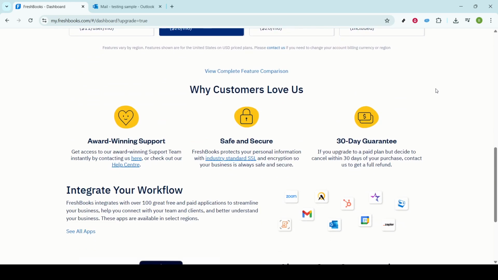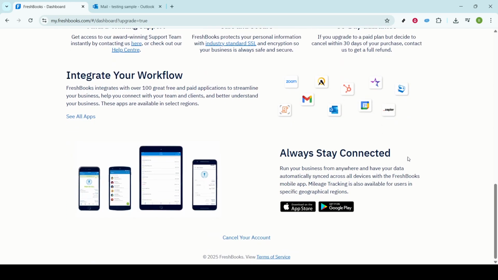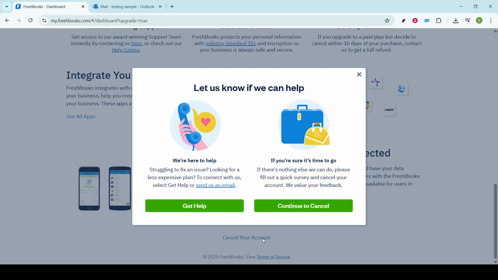It's important to note that this option is deliberately placed here to ensure users don't accidentally cancel their accounts without careful consideration. By clicking on Cancel Your Account, you're taking a significant step forward, but your task isn't quite finished yet. At this point, Freshbooks, like many other service providers, may make a final attempt to retain you as a